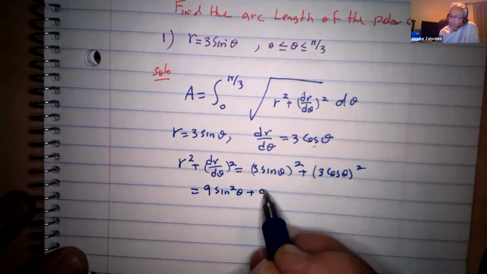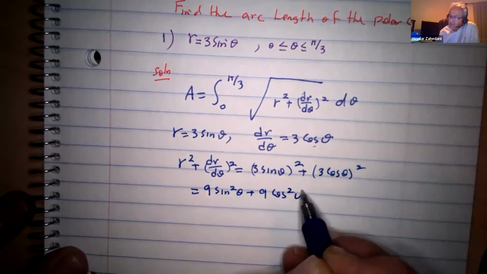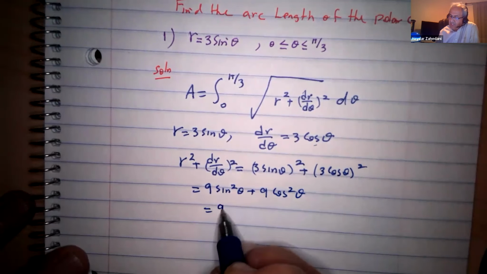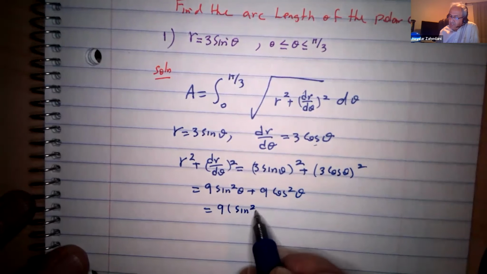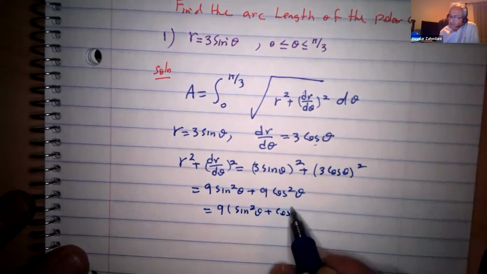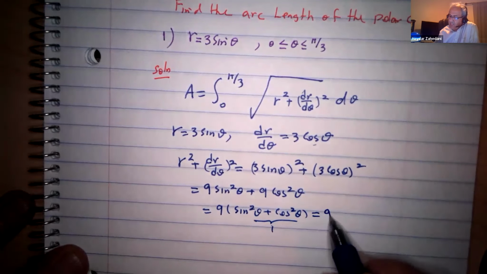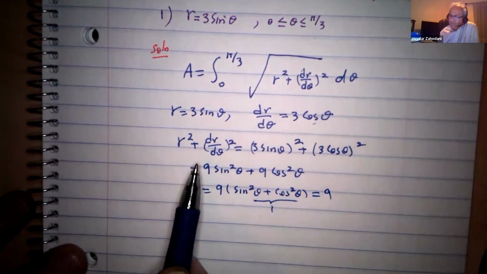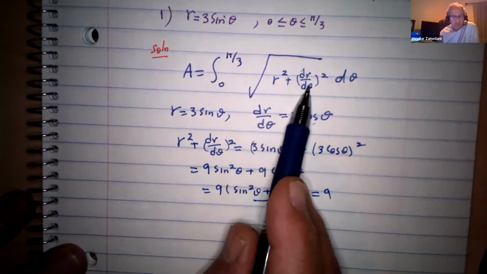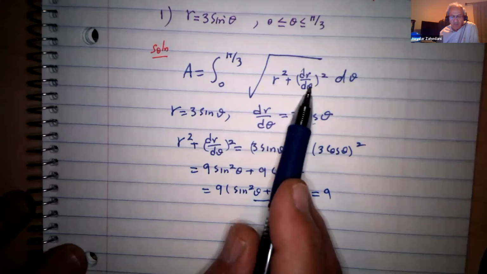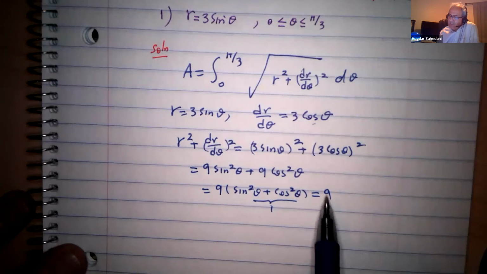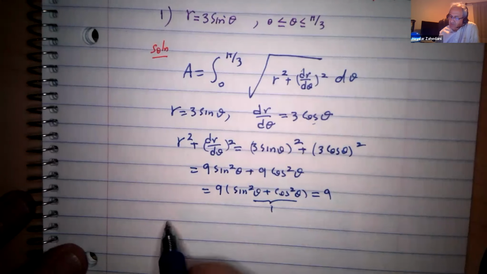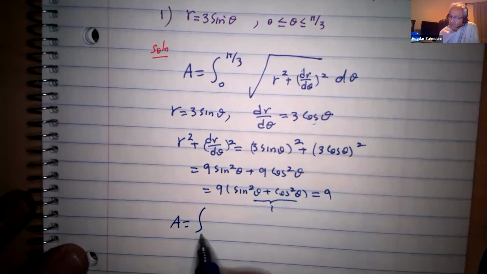And that gives you 9 cosine squared. We know that if you factor out the 9, you get sine squared plus cosine squared, which is 1. So this would be 9. And in the radical, you get the 9, so substitute over there. So it's going to be from 0 to pi third,